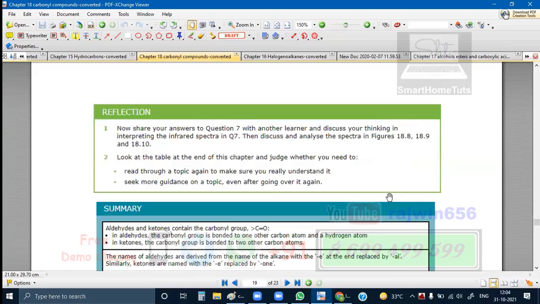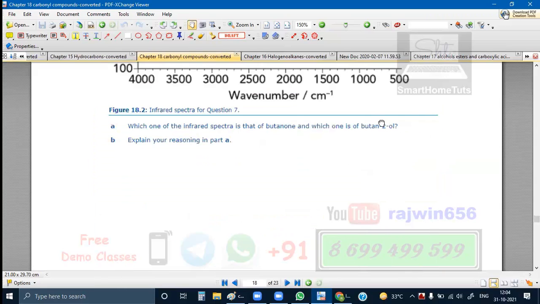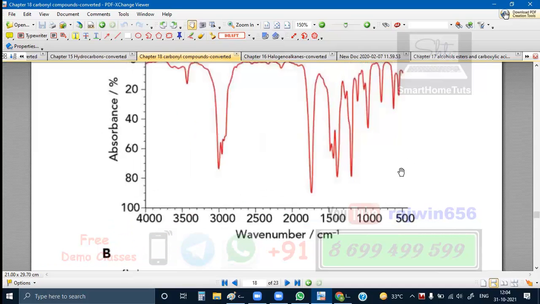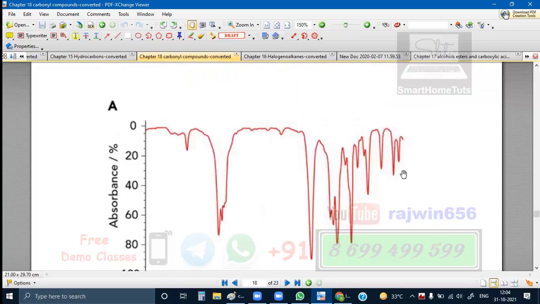You will just go through all of these things, and then we will try to answer a couple of questions. So I just want you to go through all these pages from the book. If there are any questions that you want to ask, you can ask me, and then we will take up examples.